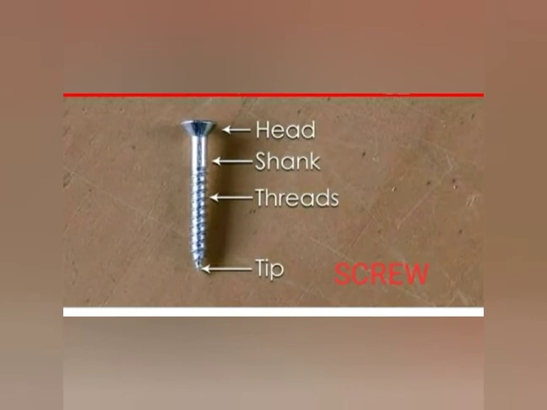Screw. A screw is like an inclined plane wrapped around a cylinder or a cone, or wound around a nail. It looks like a nail with grooves made on the surface. One end of the screw is pointed, called the tip, and the other end is flattened, called the head. The windings on its surface are called threads, which act like an inclined plane.